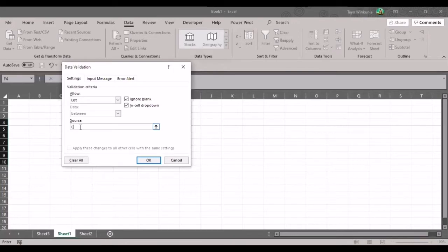In this list, you may want to write the fields you want to see there. So I'm going to write completed, comma, I want to see pending, and a comma, and I want to see work in progress. Okay, so I'm just going to say OK, and by the time I go back to my data set,